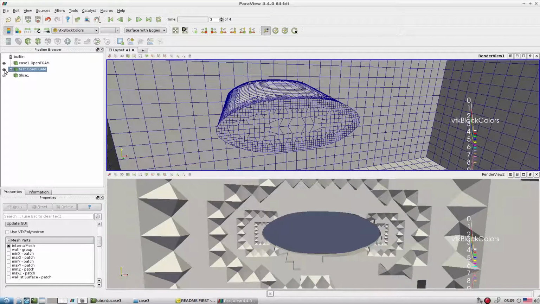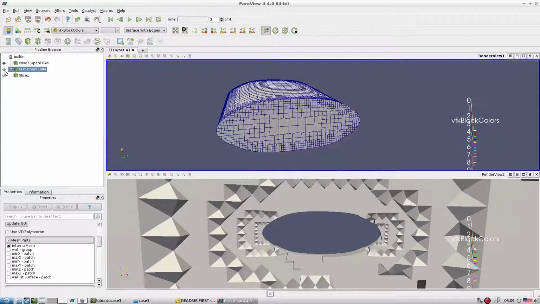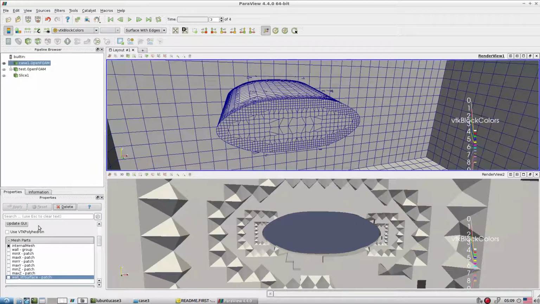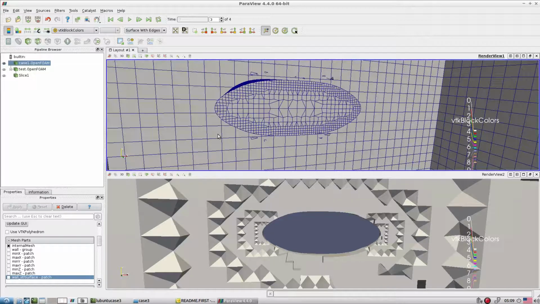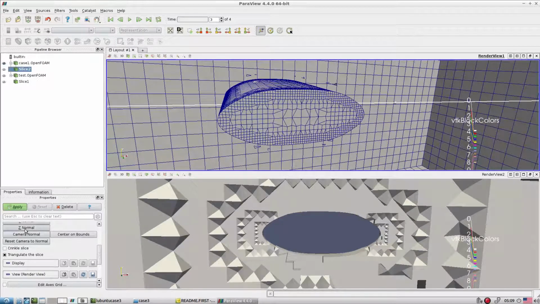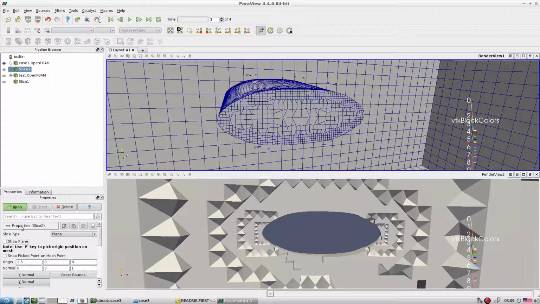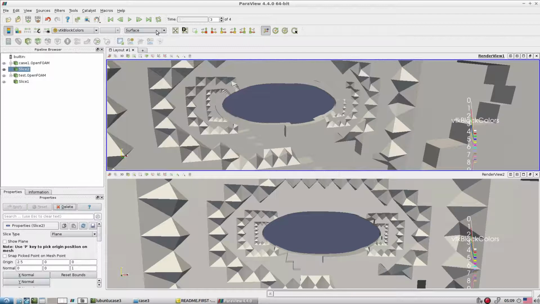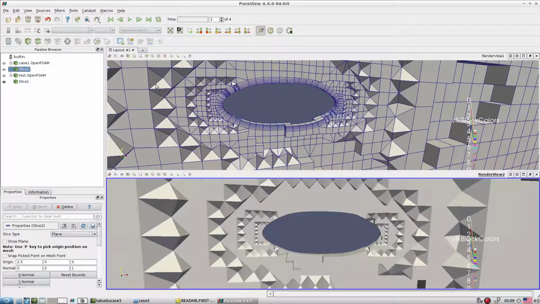Okay, same way for this one we also have to activate the internal mesh. So let's first incorporate the internal mesh here. Okay, and here let's also do the slicing. Okay, Z, we don't want this, let it be a plane. Okay, and let's look at the differences.